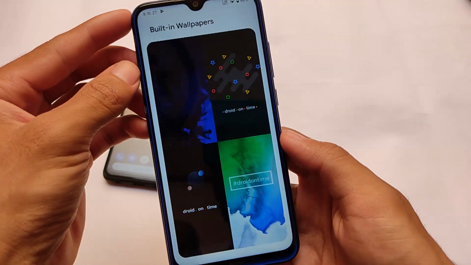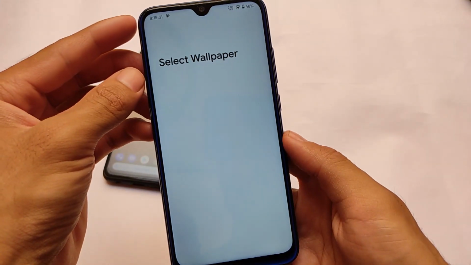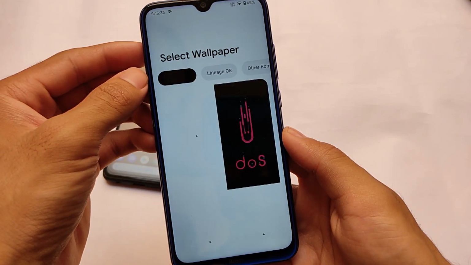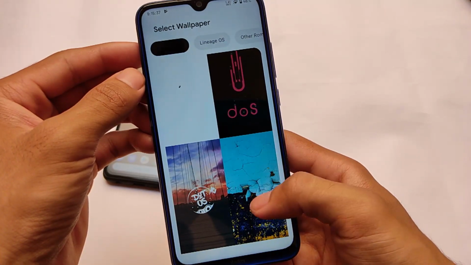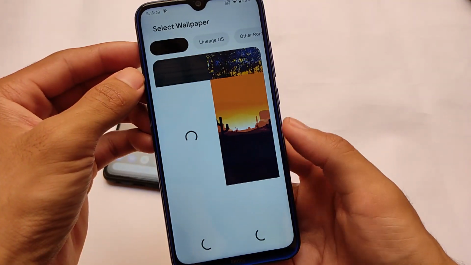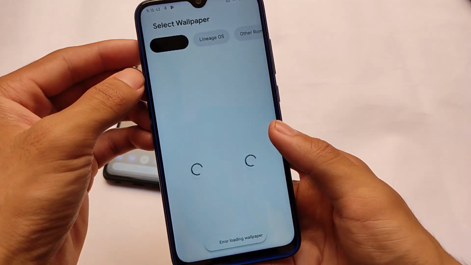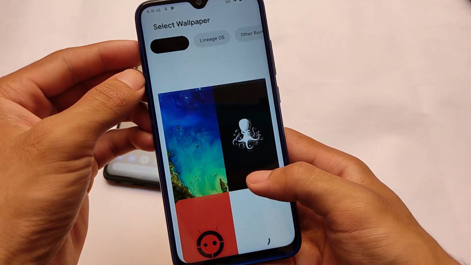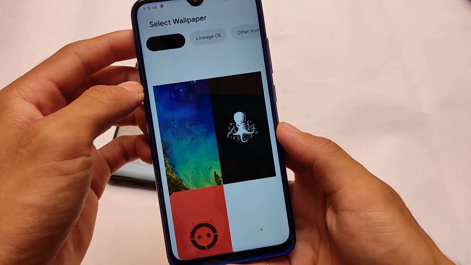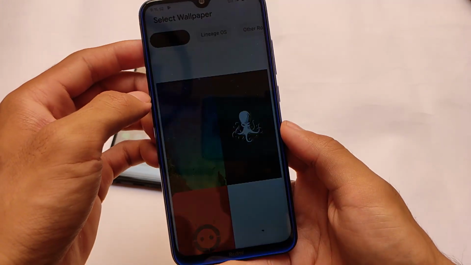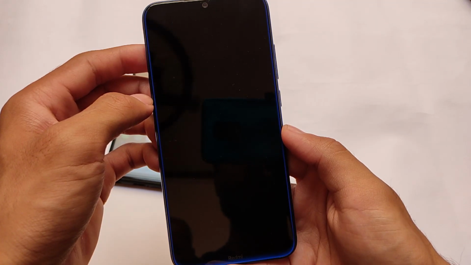By default, some wallpapers are present for you. These are some 4 default wallpapers. It also includes some cool new wallpapers which automatically will be downloaded whenever you open this thing, and this looks actually good. But especially when I am using it on my Redmi Note 8, I got a bug here. Whenever I try to apply any wallpaper, not every time, just sometimes, it will just get stuck here for some time. It will give me a force stop for some time. So these are some little bit of basic bugs which I got.